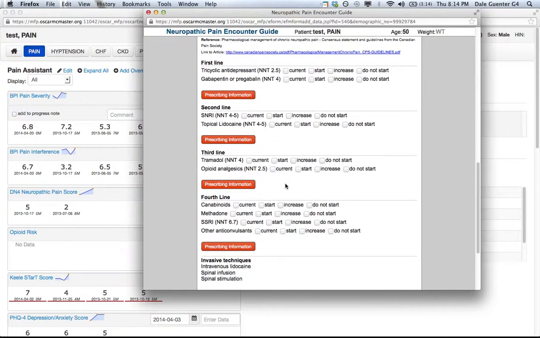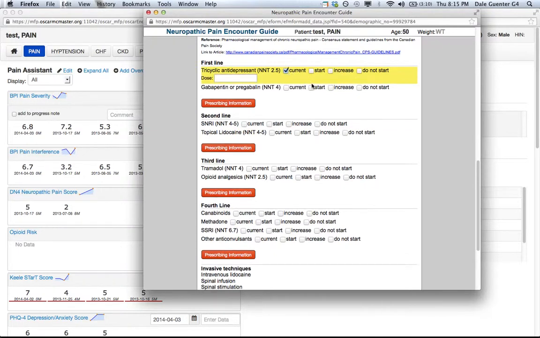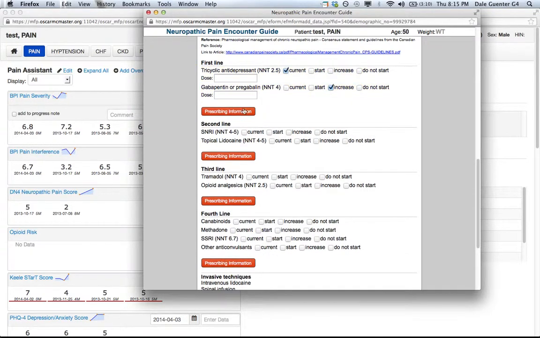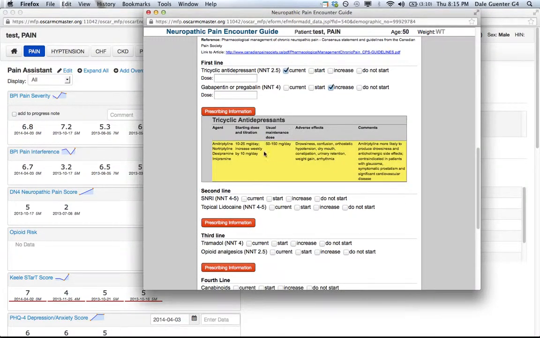In this case, we have decided to include mainly first, second, third, and fourth line medication recommendations from the Canadian guidelines on neuropathic pain. And you can choose to either be triggered for which ones you want to use and indicate what you've chosen with the tick boxes, or you can get more information by opening up the section called Prescribing Information, and here you'll see how to dose and monitor